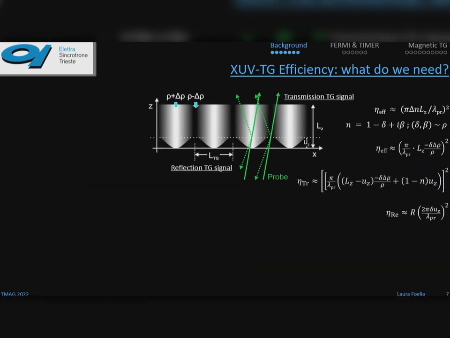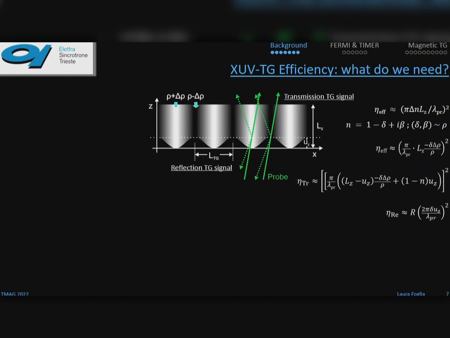Another peculiarity is what happens at the surface of your sample. So obviously you have changes in density in the bulk, but you also have changes in density at the surface, which lead to expansions in the areas that are hot and nothing in the areas that were not pumped. So in the visible, this is not a very strong effect, but in the XUV, this becomes pretty strong,